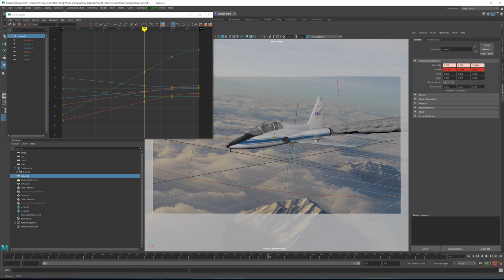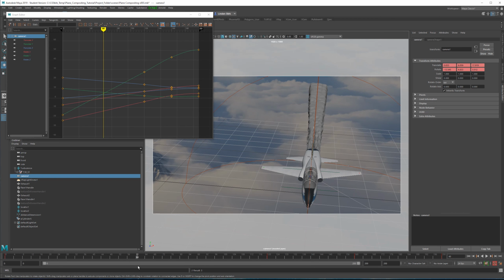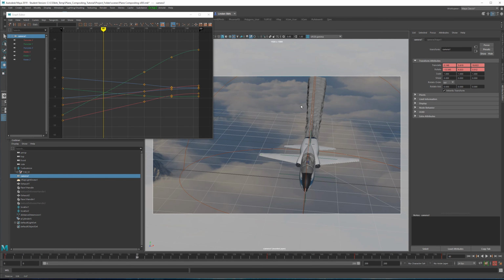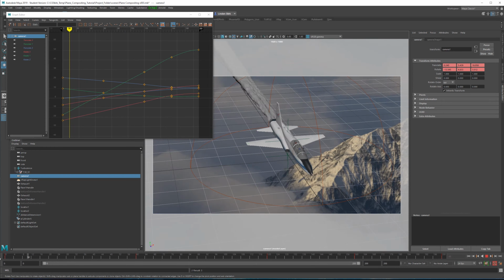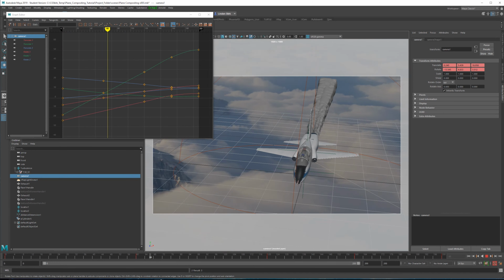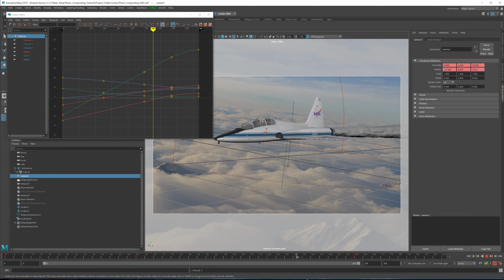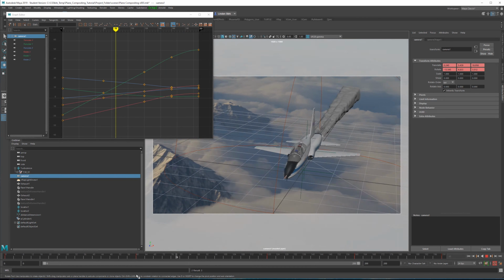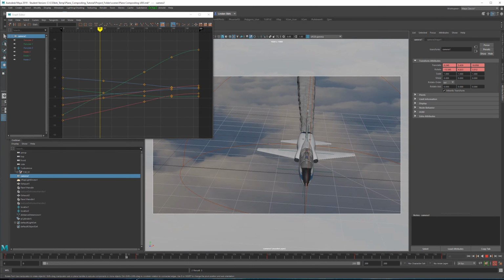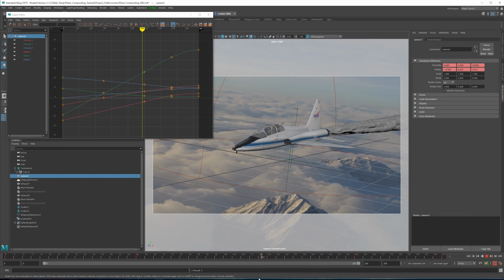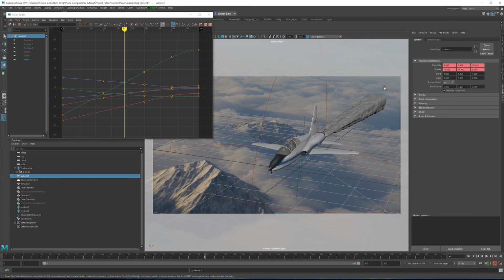We're gonna have to zoom out a little bit more. And at around frame 60, we're gonna pull the camera down just to get this more in frame. Another thing that I'd like to add is a little bit of camera shake in After Effects. So pulling out this far will allow us to be able to crop back in after we add the camera shake. So I'm pretty happy with this right now. I think this will be okay.